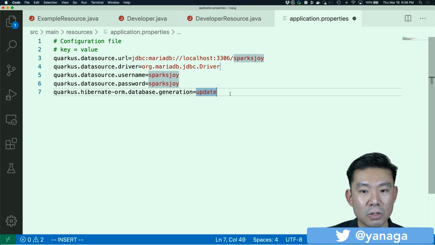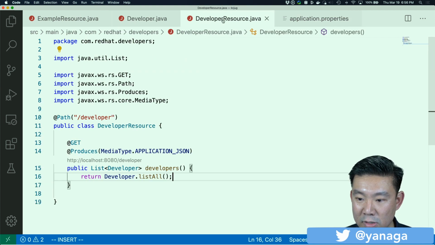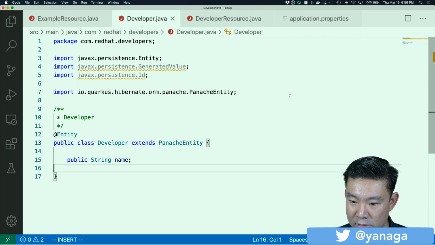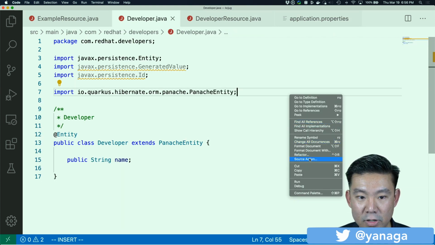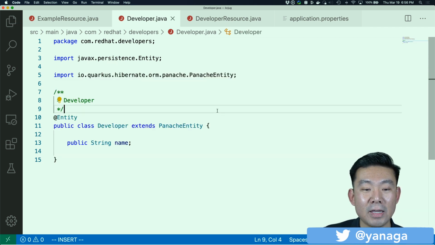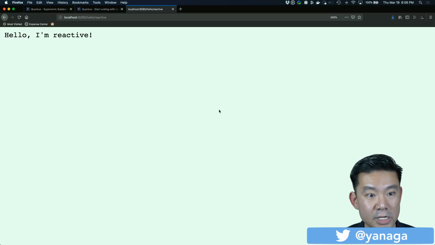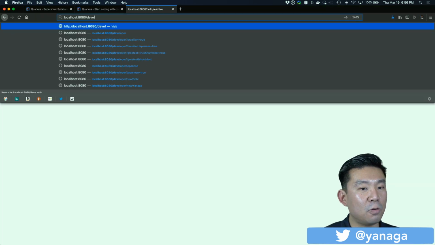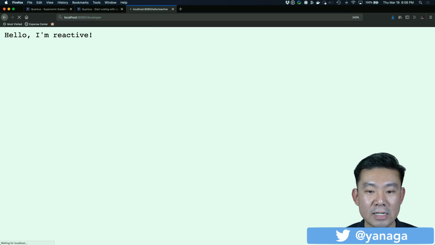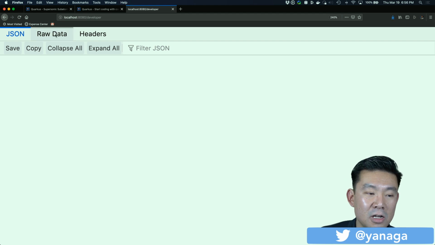So remember, I just saved everything. I didn't restart Quarkus not even once. So source action, organize imports. Yes, now it looks even cleaner. So let's go back here to my browser and try this other endpoint. So hello, localhost/developer. You can see why I'm issuing the connection. Quarkus connected to my database, created all my tables, and returned nothing because my database is empty so far.